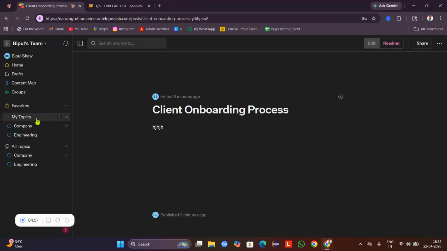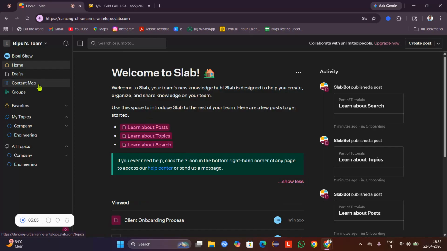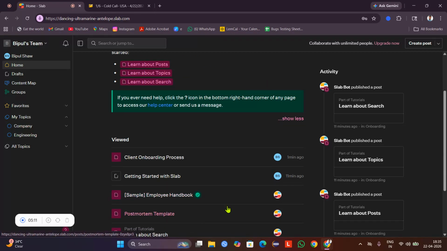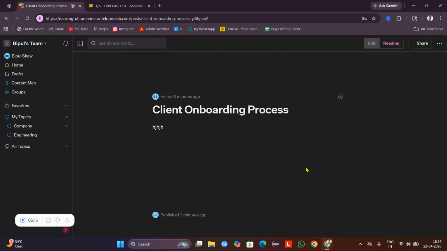I can't even see how to run the checklist. Okay, I just created one document. Where is the document? I can't see all topics. Okay, it should be showing the. Okay, yeah, here is the document. Okay, so since it's a document, execution is manual. Team members need to read instructions and track progress separately.